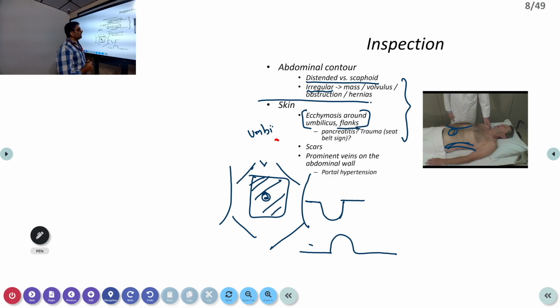Okay, hemorrhagic severe pancreatitis. The pancreatitis is so severe that it is causing damage to the vessels which are there in the posterior retroperitoneum. So it causes a bleed in the retroperitoneum, which will track into the umbilicus as well as the flanks. It is called Cullen's sign. If there is any umbilical and flank ecchymosis, it is usually seen in pancreatitis. And the other thing, it can happen in trauma. As I told, those signs are mainly because of hemorrhagic retroperitoneum, that is, a bleed in the retroperitoneum. So that can happen even in trauma.